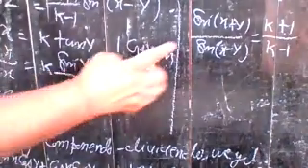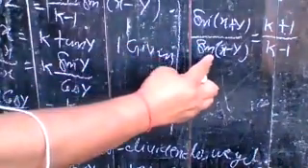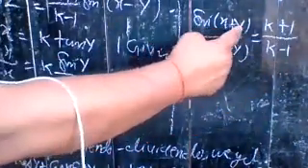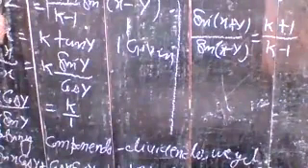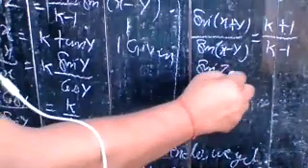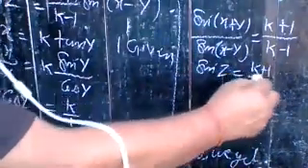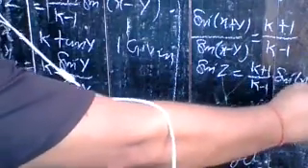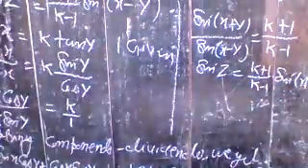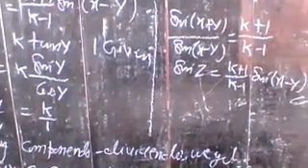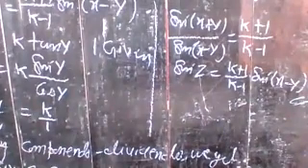Okay, now just see. If you transfer this sin(x minus y) to the right side, here you have sin(x plus y), and it is given that x plus y is equal to z. So put it there. You can write sin z is equal to (k plus 1) upon (k minus 1) into sin(x minus y). So this proves your result. In this way, that is your required result.